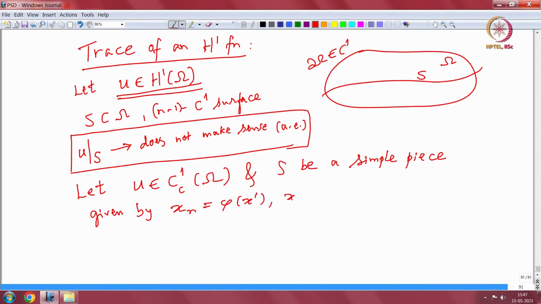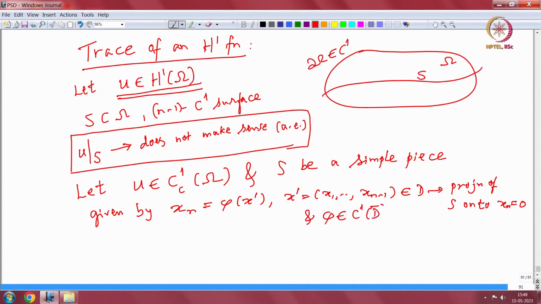So, x prime varies in a domain D. This is the projection of S onto x n equal to 0, and our phi, since we are assuming C1, is C1 on D bar. And since omega is bounded,